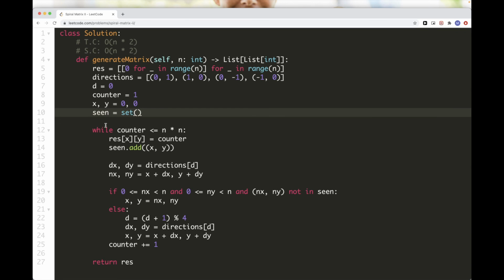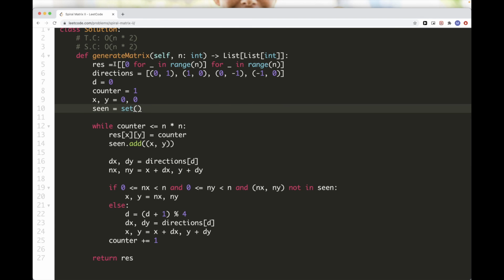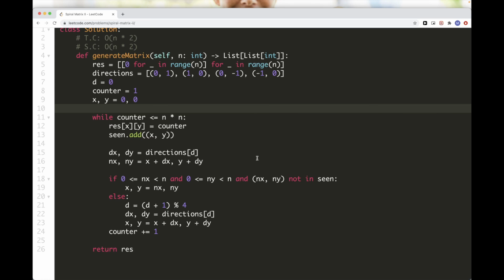One slight optimization that we can do, it doesn't matter much with the space complexity because we have the output, is we can remove this seen here, and instead just check if this value was already assigned a value in res, right? Because that will mean it's assigned. So if its value is different than the initialized value, so if it's bigger than 0, that means it was already set,